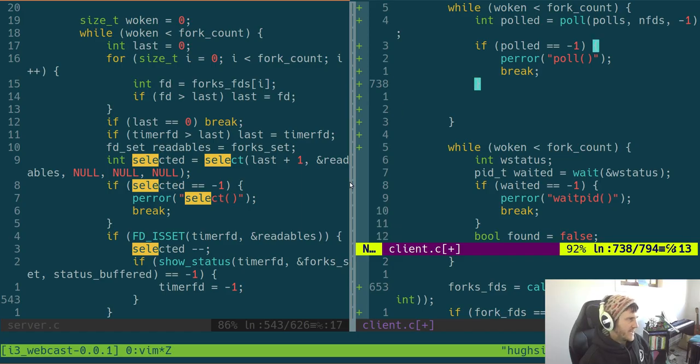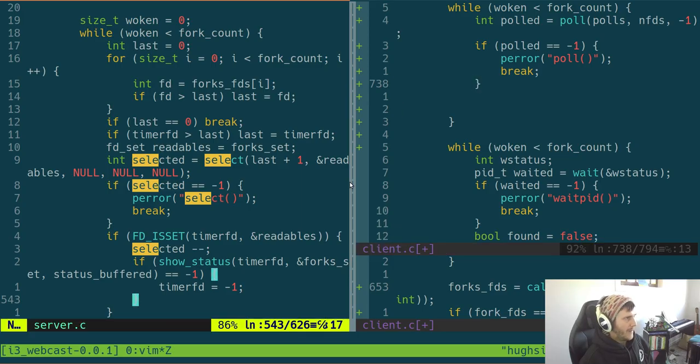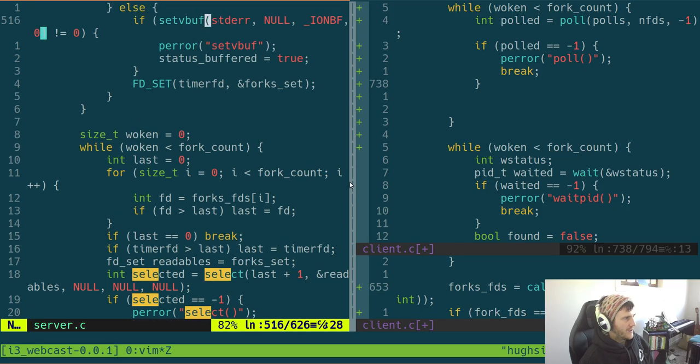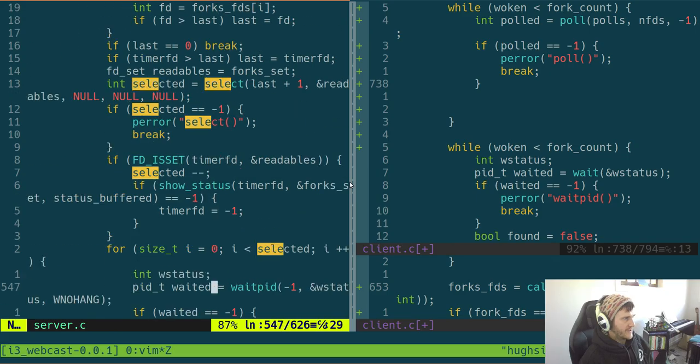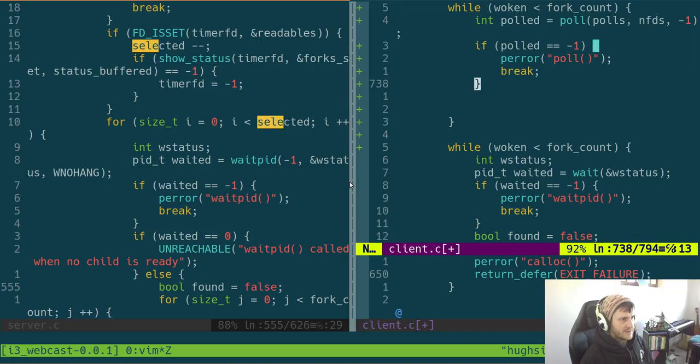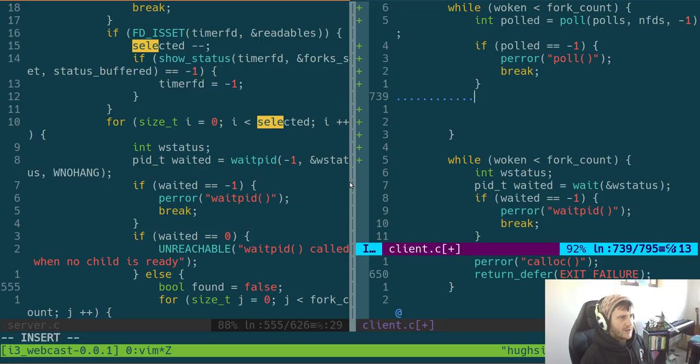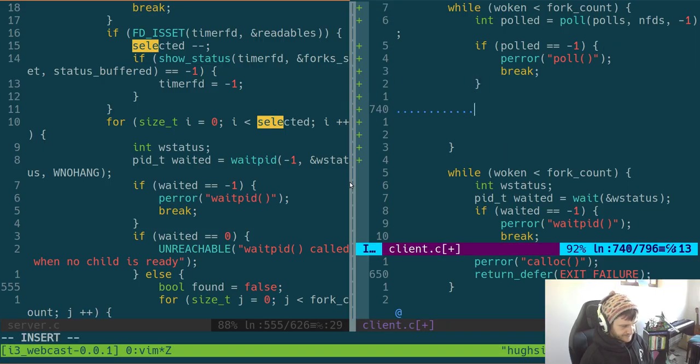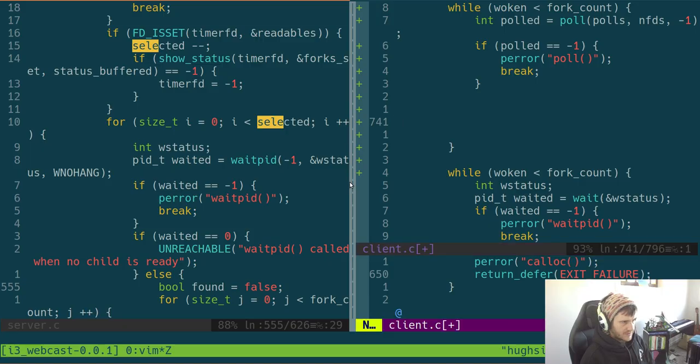So over here, if we selected, so here we check whether it is set, but what I want to do here is here, and I kind of want this one to be